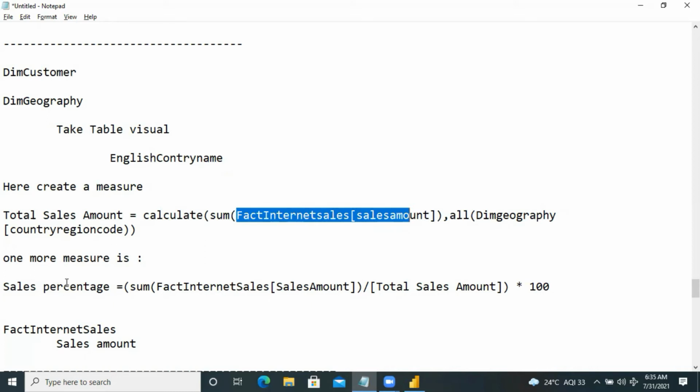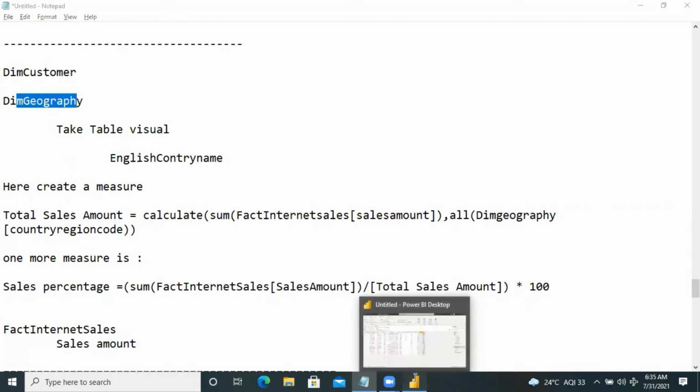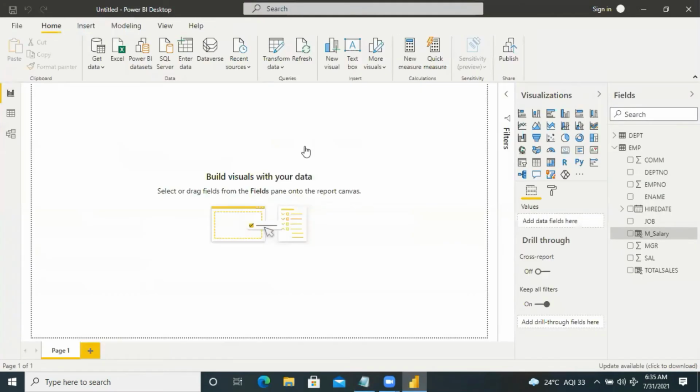One more measure you can take is sales percentage. You can load the tables here.